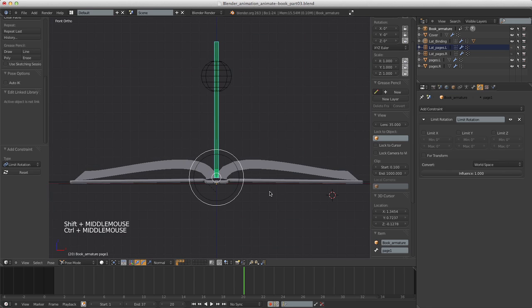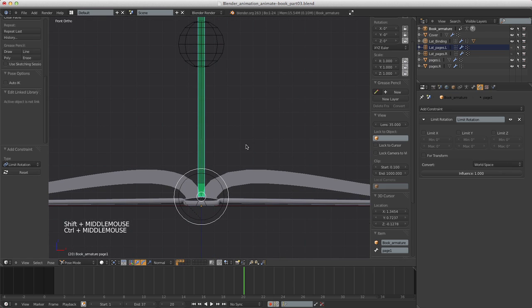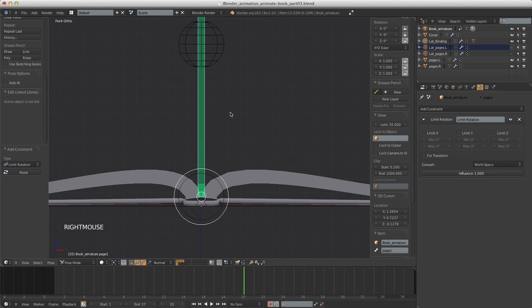So why that? Actually it's not very necessary, but because Blender allows us to have drivers, you're going to see that it's going to help us a little bit more later when we animate everything. And why is that? Because right now, as you can see, we can rotate the page 360 degrees, and